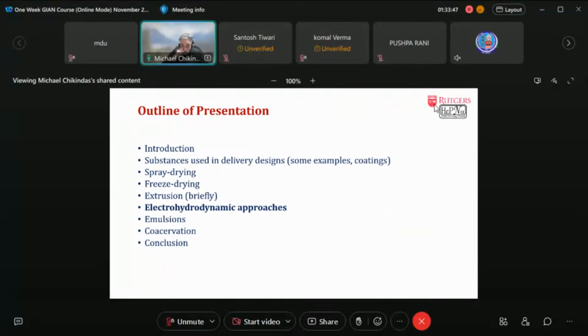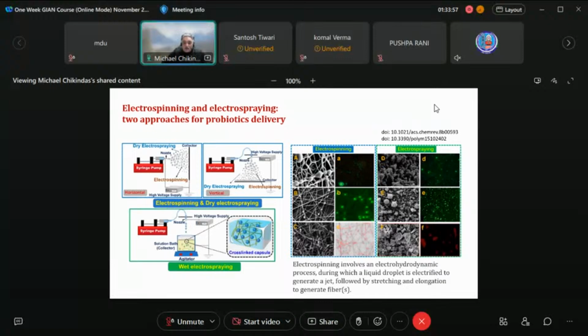Changing the gears and going to talk about electrohydrodynamics, and I already mentioned that I personally like this method very much. We're dealing in this category largely with electrospinning and electrospraying, and these are the two approaches that can be used for the delivery of probiotic microorganisms and any bioactive substances. I mentioned that I use this method for the delivery of